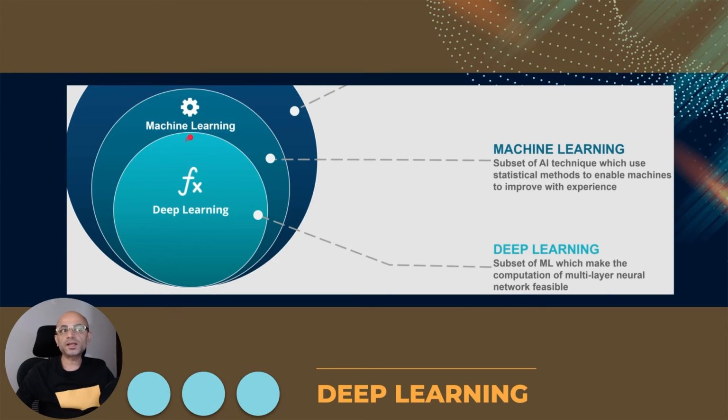So deep learning is a subset of the machine learning algorithms. So machine learning will have the machine learning algorithm which is used to train any data set into a model, and it uses different machine learning algorithms. And among those machine learning algorithms, some of them are based on neural networks, and that too with minimum 2 hidden layers, and those kind of algorithms are known as deep learning algorithms.